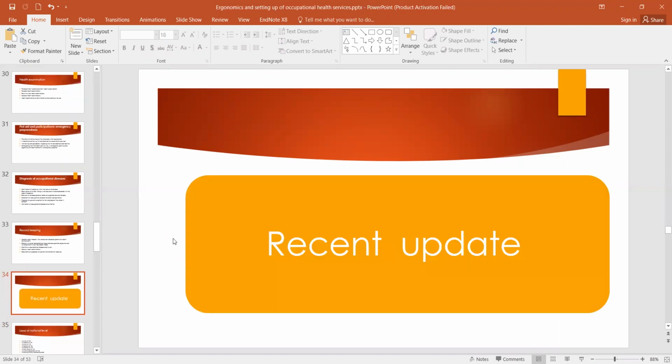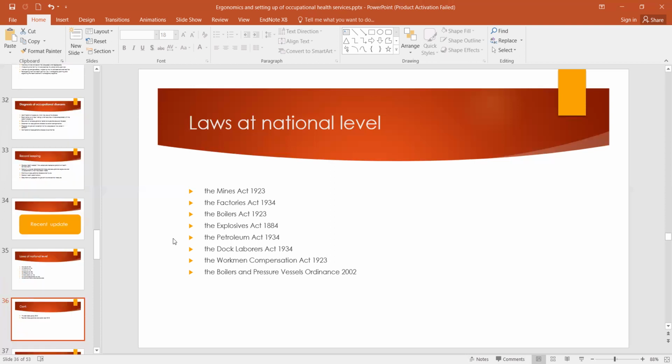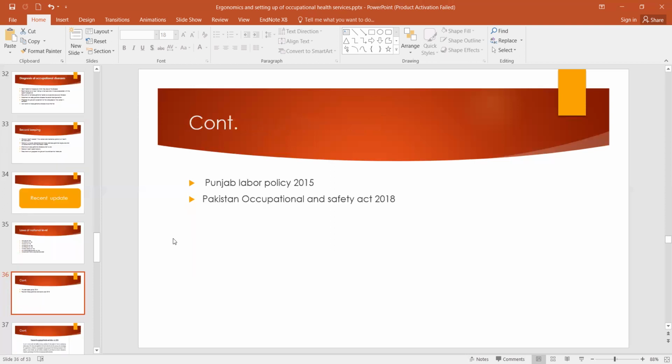Now it's time for recent updates. There are different laws at national level for better occupational health: the Mine Acts 1923, the Factories Act 1934, Boilers Act 1923, Explosives Act 1884, Petroleum Act 1934, the Dock Laborer Acts 1934, the Workmen Compensation Act 1923, the Boilers and Pressure Vessel Ordinance 2002, Punjab Labour Policy 2015, and Pakistan Occupational and Safety Act